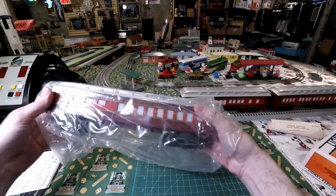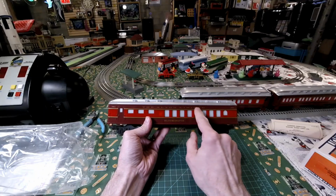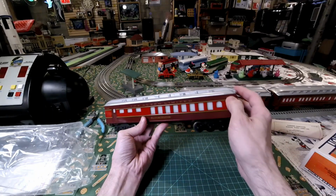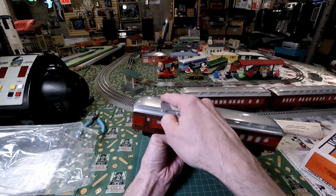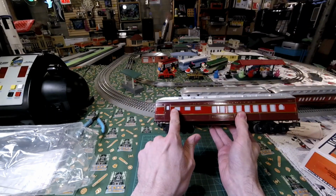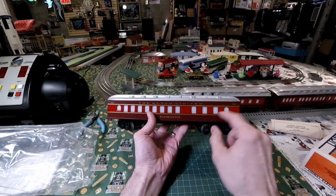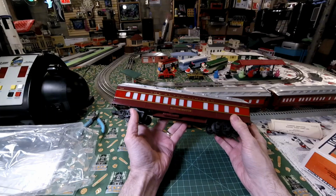This is the car they produced 5 years later. The Bloomington. The Alton Limited. Chicago and Alton CNA there. We got some little roof vents for the cooking. So we got 3 windows over here, small windows. When we look on this side, it's kind of changed up a little bit. No interior, of course, but...